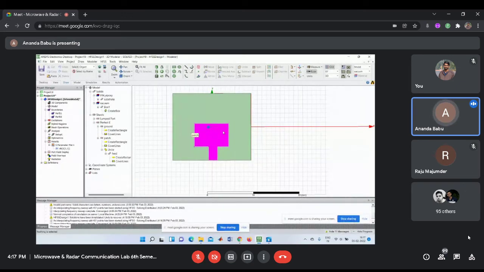Members 31 to 60, 5 to 7 gigahertz. Members 61 to 90, 7 to 10. The last, that means 90 to 120 or 170 total, all design the frequency between 9 to 12 gigahertz. Everyone understood my question? So next week,